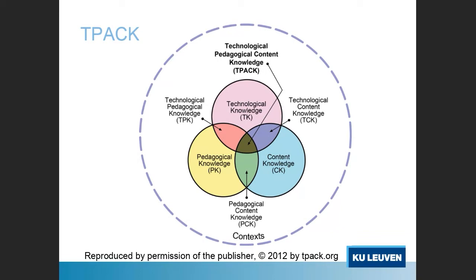In the TPAC model, we have 3 types of knowledge that we need to master, so to say. The contents related, the pedagogical knowledge, but also the technology that is needed. And the whole idea of the TPAC model is that we try to find the overlap between the 3 circles, right? That we need to find the golden spot, let's say, in the middle of this diagram, where we bring in all the 3 different types of knowledge together in a way that is optimized for bringing certain content to the students and to develop their competences in their proper field,